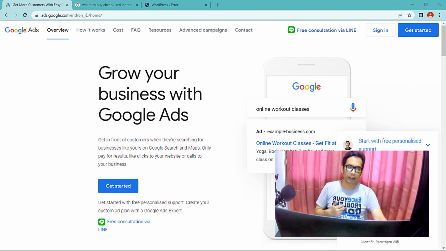8. Choose your targeting method. Select the targeting methods you want to use for your campaign. You can target based on factors such as location, language, device, and audience. And 9. Launch your campaign. After you have completed this step, you are ready to launch your Google Ads campaign.